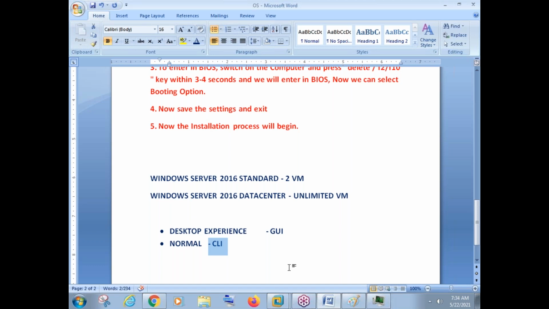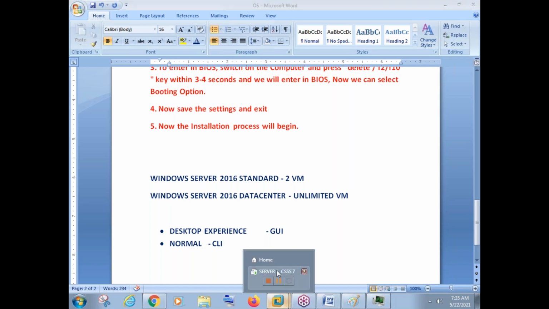Okay, so they have introduced an operating system which is not like Linux, but which is completely CLI. But still in 90 to 95% of cases, companies will use Windows as GUI because administrators are more comfortable with GUI compared to CLI. But if they go with Linux administration, they have to go with CLI. That's a different game, and this is a different game.